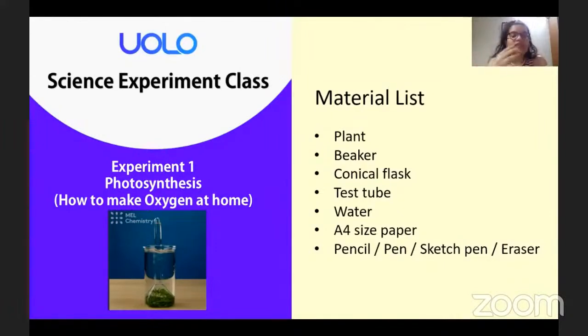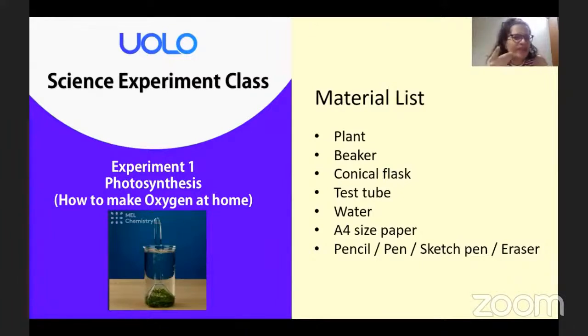and what you all need to do is perform the exact same experiment, and the results will be seen. You will see how oxygen is being made, but it takes some time. It can be even after an hour or two. So you don't have to worry if you don't see the exact same thing happening right now, because